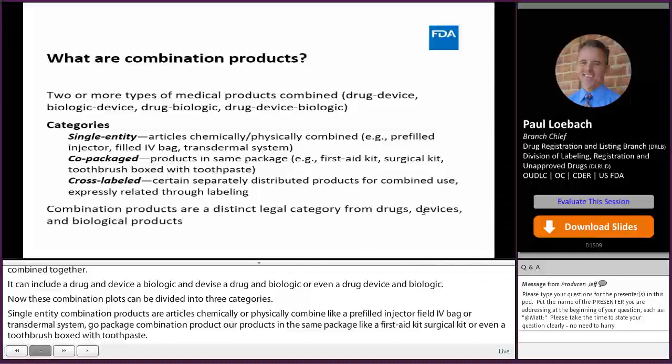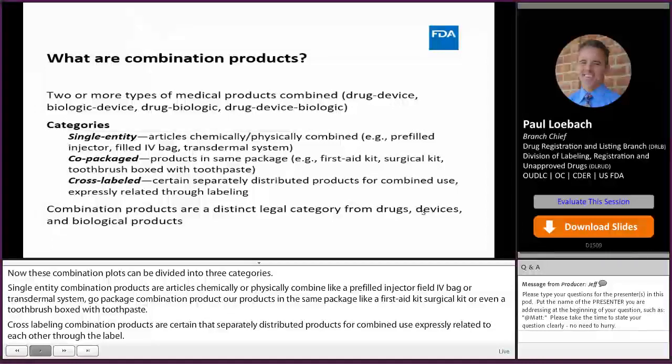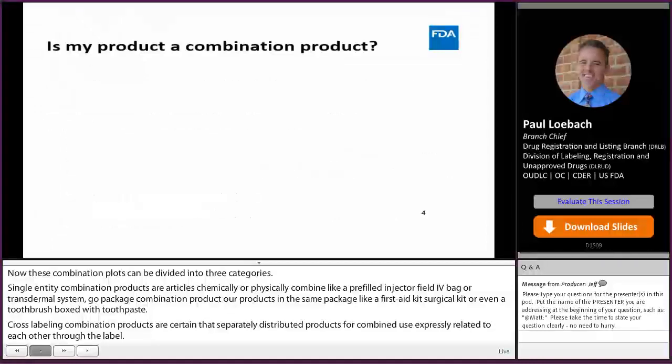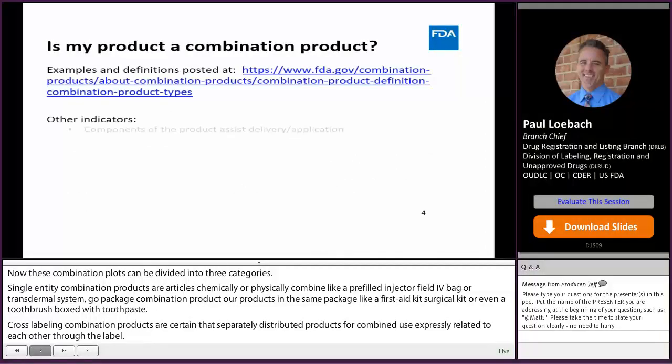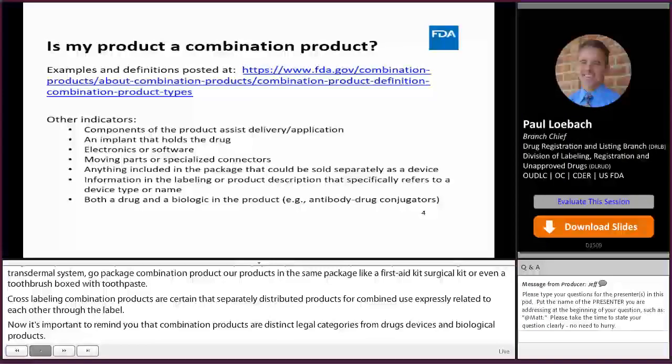Now, it's important to remind you that combination products are a distinct legal category from drugs, devices, and biological products. So how can you tell if your product is a combination product? Well, you can visit the Office of Combination Products webpage for examples and definitions of the different types. Factors to consider for whether your product qualifies as a combination product can include whether there are components of the